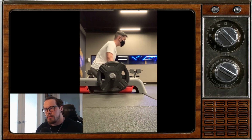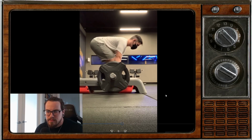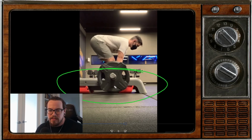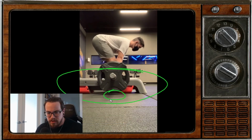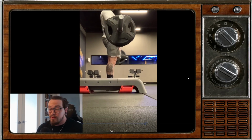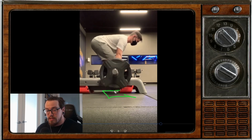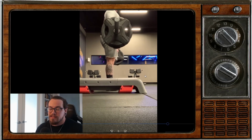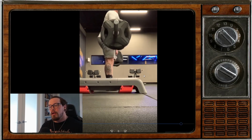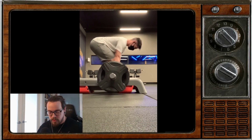So we left this one up for y'all to take a look at last week, and let's take a look at what I can see here. Unfortunately, we're having to deadlift off of these dampeners or something like that, so we are getting a slight advantage, right? You can tell the bar's not quite on the floor. So my first piece of advice would be try to get somewhere where you can actually deadlift from the floor. That's going to go a long way, especially if you're looking to potentially compete down the road, or you're looking to see your strength in a sort of legitimate 1 rep max